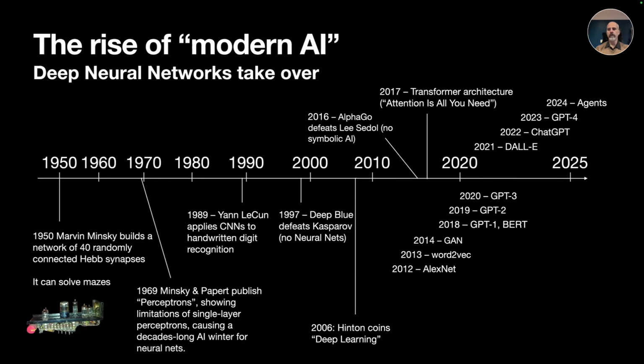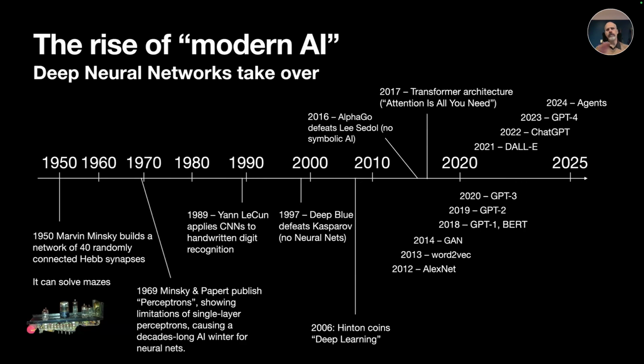Now, I'm assuming that most of the people in the audience will at least know roughly what a network topology is. But we went in the 50s from kind of one hidden layer to where we are now with hundreds of layers with billions of parameters. But in 2016, just about 10 years later, 9 years later from Deep Blue beating Kasparov, AlphaGo beat Lee Sedol in a different game, Go. And that particular game engine had no symbolic AI. So in other words, Deep Blue, no neural nets, now all neural nets.